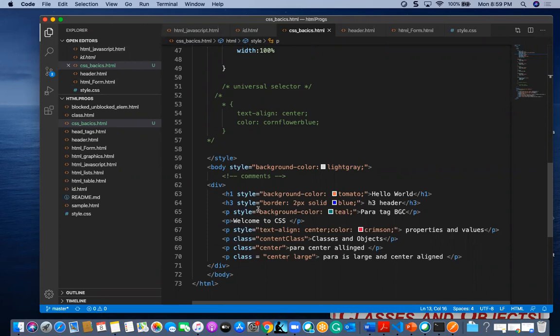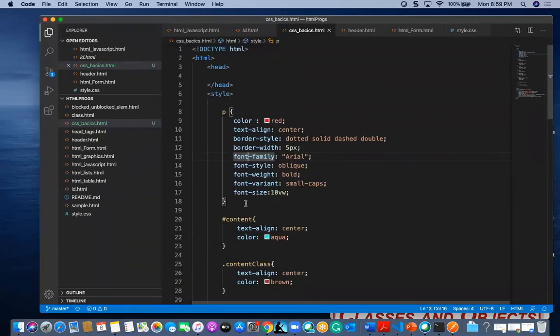We also saw border style, border width, font family, font style, font weight, font variant, and font size. We also saw how to do comments in CSS, how to mention the background color in CSS, and the different border styles we have, like dotted, dashed, solid, and also